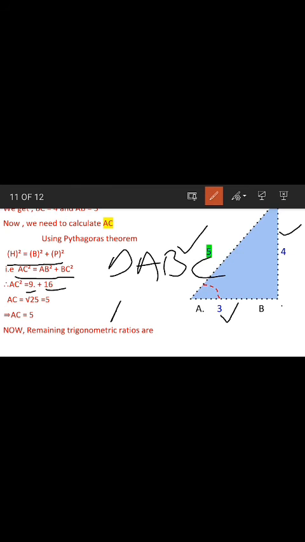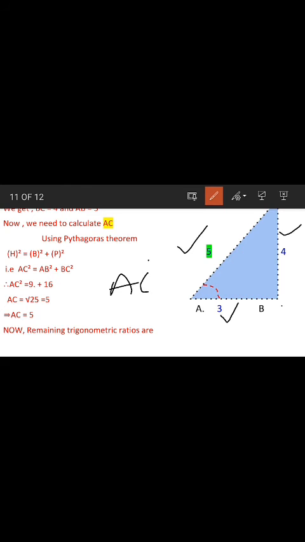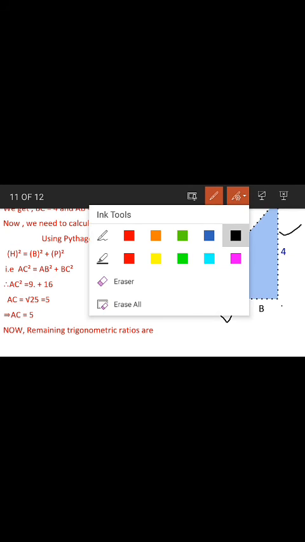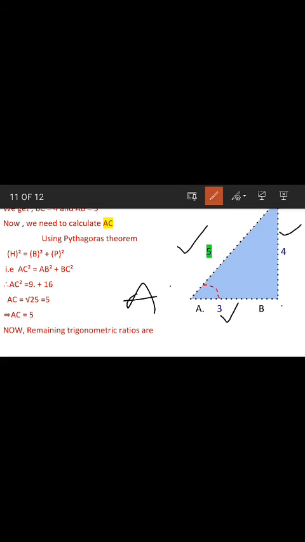Now we are left with this equation, AC square equals 25 here, class. Now when I transpose the square to the right hand side, it will convert into a square root, and we will be provided with this expression, under root 25. Okay class, whenever you transpose a square to the right hand side, it converts into the square root.